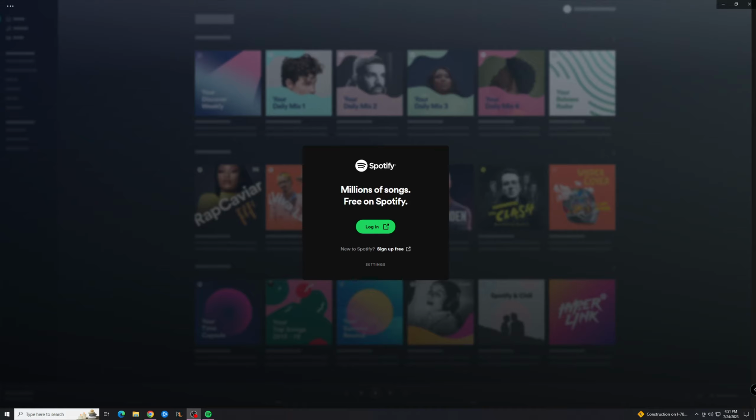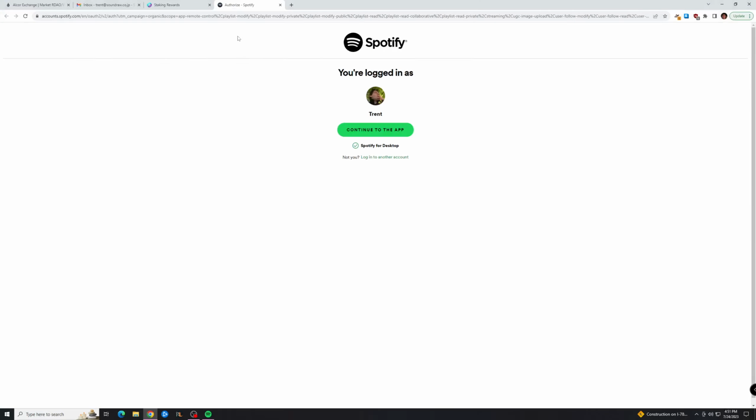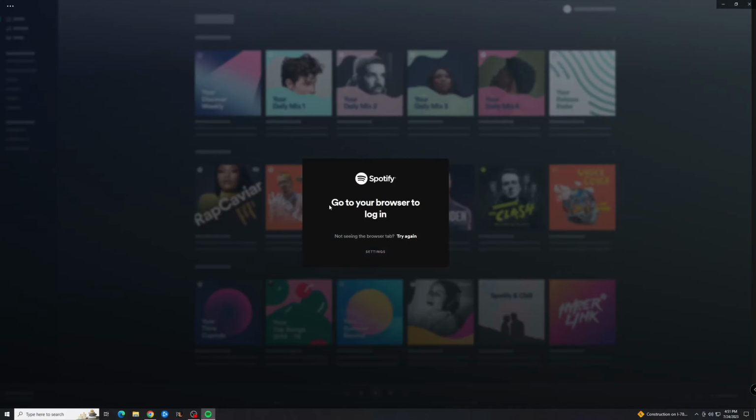Today we are going to fix the Spotify login window not opening up. So when you go to click this login, it does not open up another tab like this. This does not happen. So to fix this, we're going to go back, make sure we're logged out of Spotify,